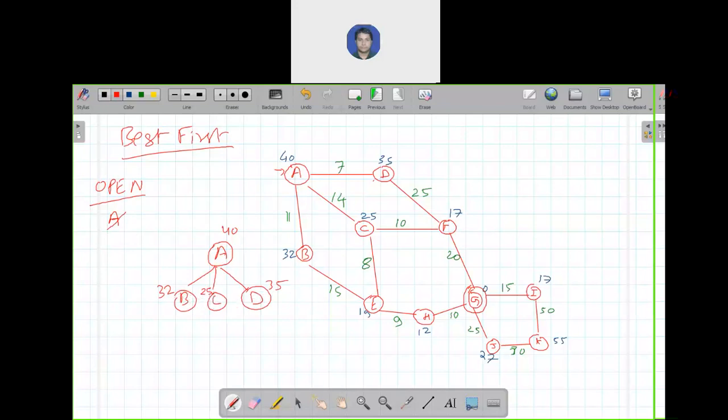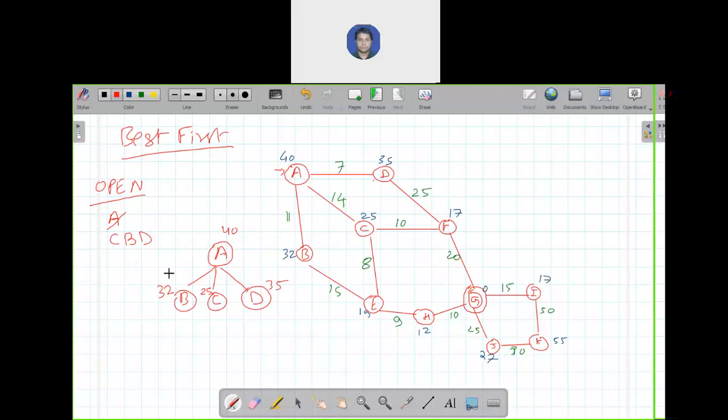As you can see, the heuristic value of C is less, so we will enter C first, then B, then D. In this order, we will enter the elements in our queue. We implement a priority queue for best first search.